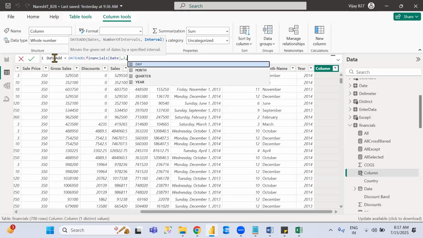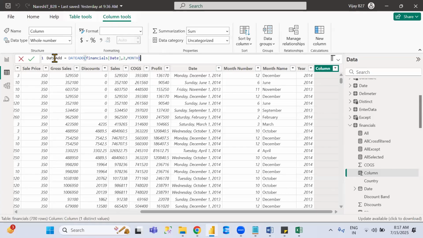A whole number you have to give, either positive or negative. Anything is accepted. After that, the interval must be specified. Suppose I'm giving month. What is the meaning of this? That means from the date column,